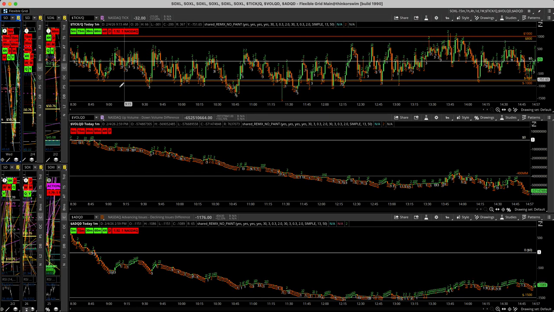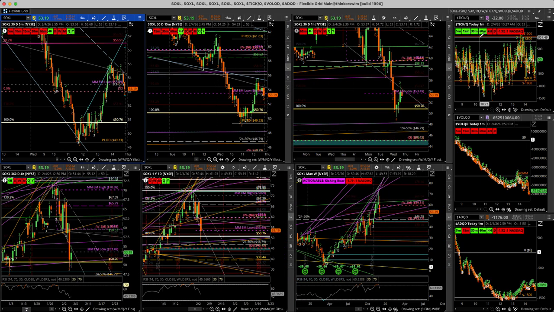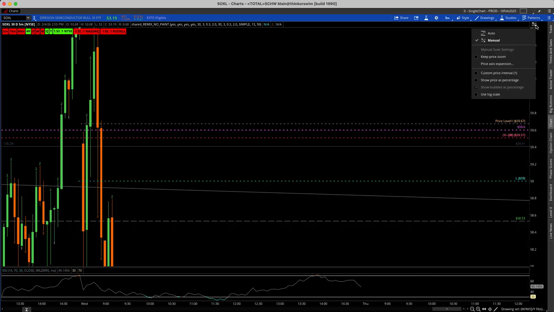So you can see why we had that bigger downdraft during the day. But you can see how they lifted up, at least breadth lifted up at the end of the day off of that trend lower zone, which is why we got that little bit of a push up in SOXL, right? So definitely seeing some more pop overnight for right now. But again, we'll continue to just see how things turn out tomorrow morning by the time